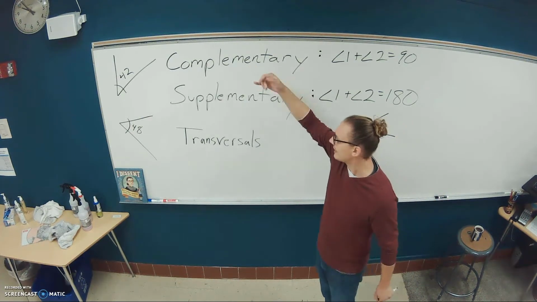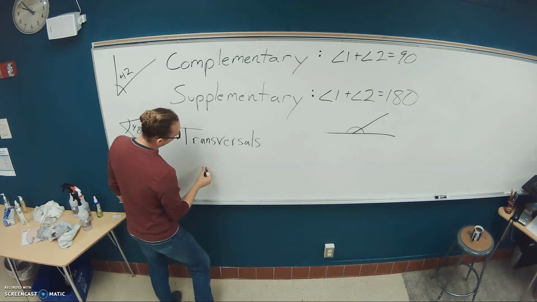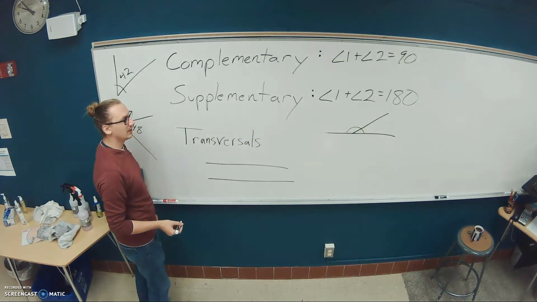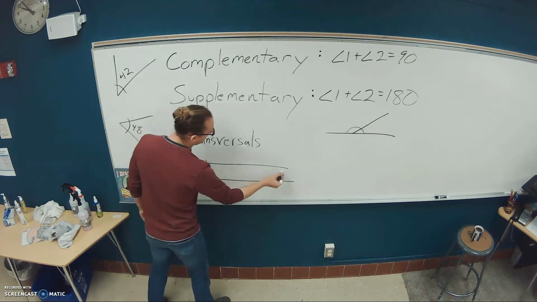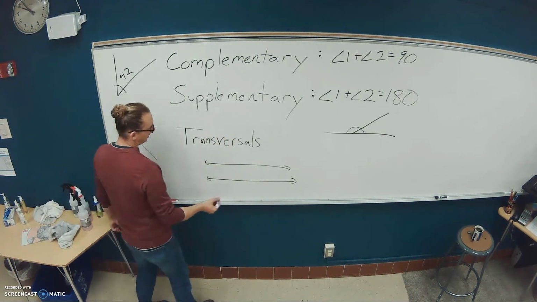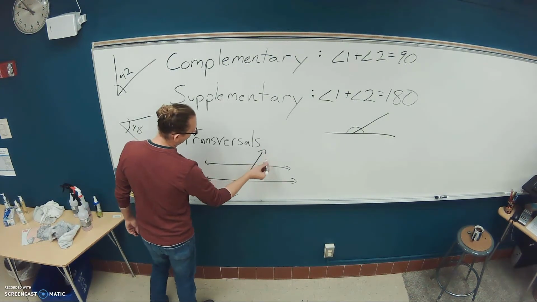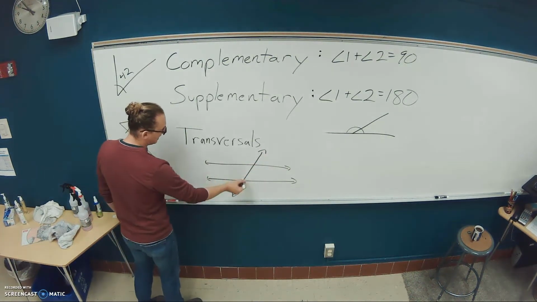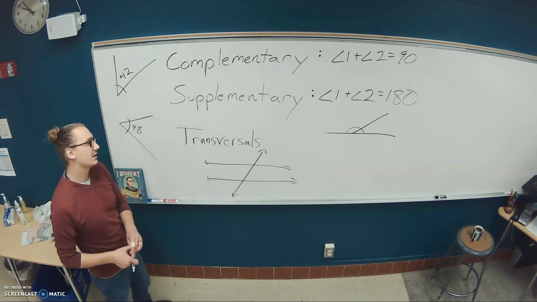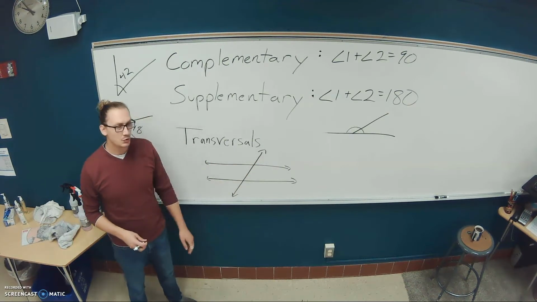Transversal. Now these two are about angles. Transversal is actually a line. If I have two lines, frequently parallel, so I've got two lines here, so I should mark them as lines. A transversal is something that travels over both of them. So this line right here is my transversal because it's cutting across both of these two lines. So it traverses,